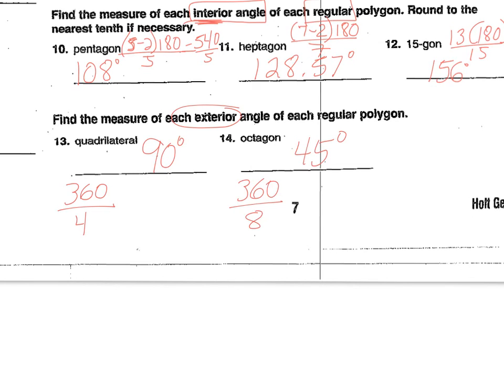The last 3 problems, you know how you have 3 problems with x's? For 2 of them, you get the sum of the inside angles, let the sum equal all the x's together, find the x, and then come back and plug it in. In the outside, the sum of all the outside angles is 360. Then set 360 equal to the sum of all those angles, and that will let you finish that up, okay? Now, the last thing I need